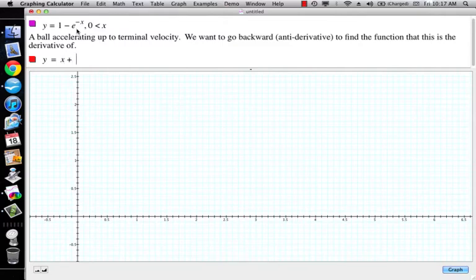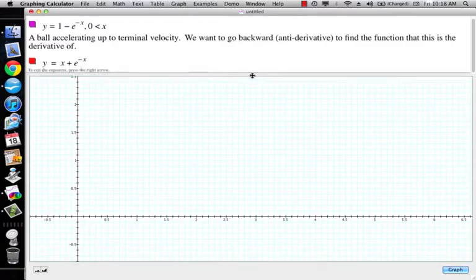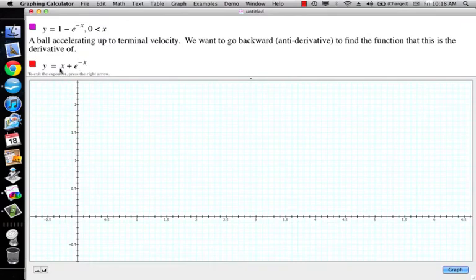It's going to be positive e to the -x. So if I take the derivative of this, the derivative of x is 1. By chain rule, the derivative of e to the -x is going to be -e to the -x. So that should give me